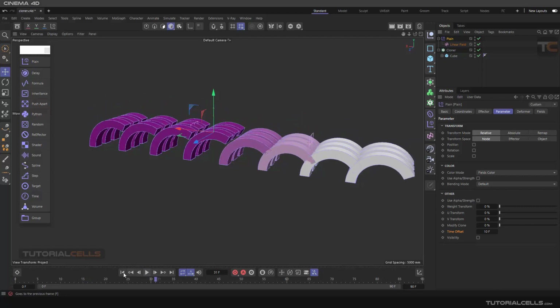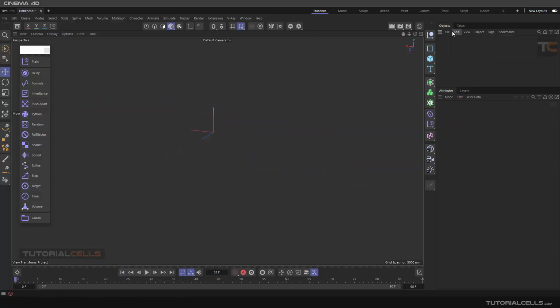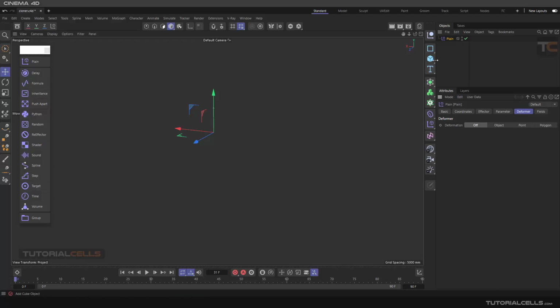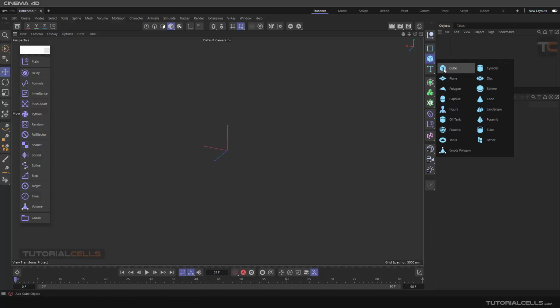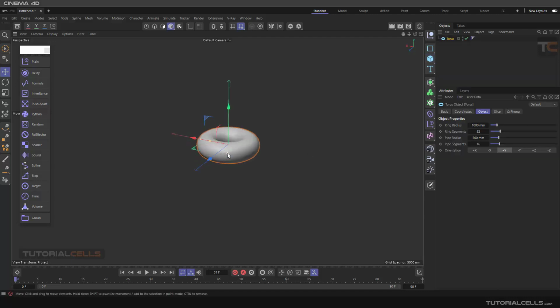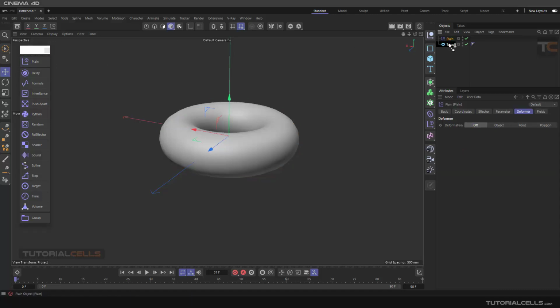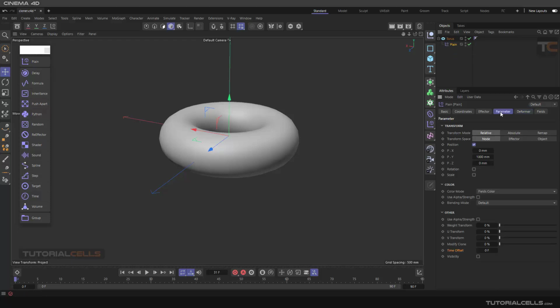Okay, nice. Another thing that you want to learn about the plane effector is the deformer tab. It's very interesting. You can assign the effector not only to the cloner, but also to the objects. For example, I bring a torus here, and you can assign a plane effector to that torus. Interesting. You can bring it below the torus, and then in the plane effector, in a parameter,